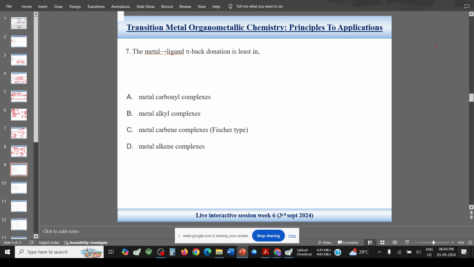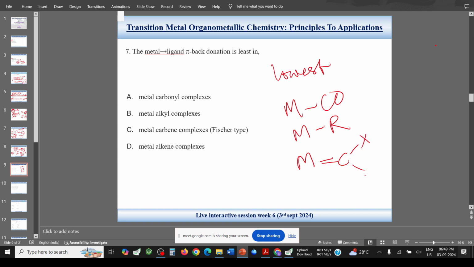The metal to ligand pi back donation is least in, lowest in metal carbonyl complexes, that is M-CO, metal alkyl complexes, that is M-R, metal carbene complexes, mainly Fischer carbene, like M=CX, and metal alkene complexes. Option B, sir. Yes,